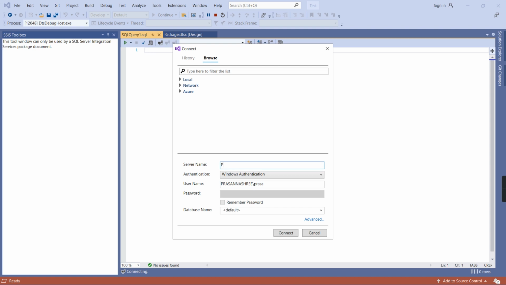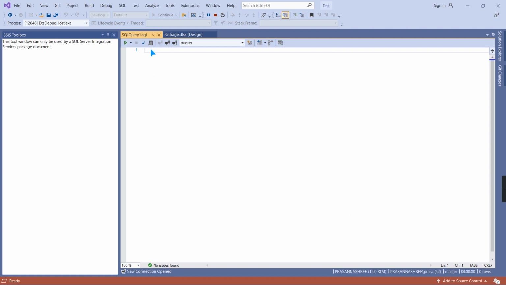It asks for server name. Can connect. I can directly check through this Visual Studio.